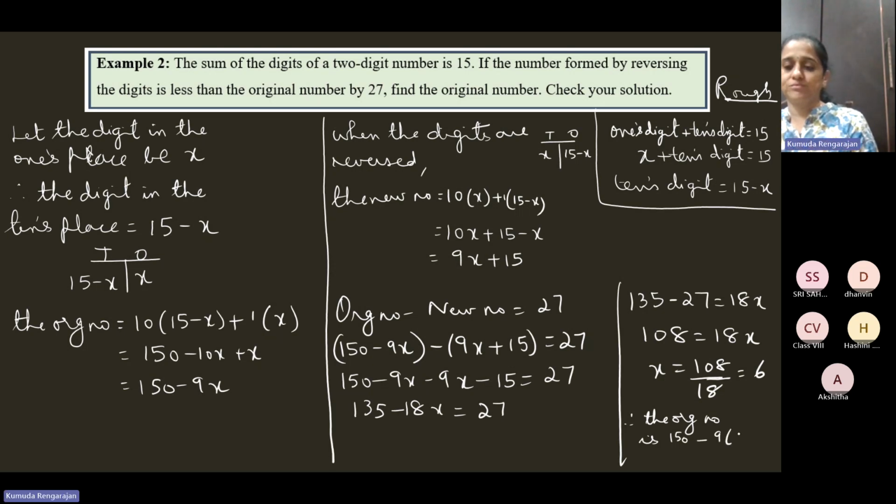X is 6. Yeah. So the original number is equal to